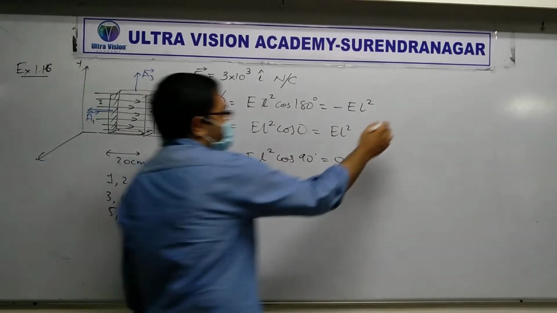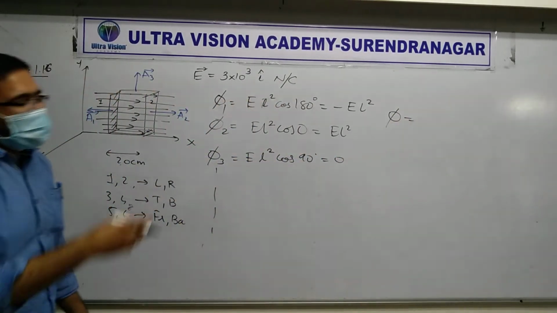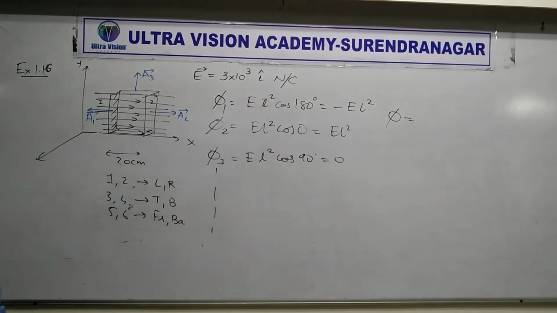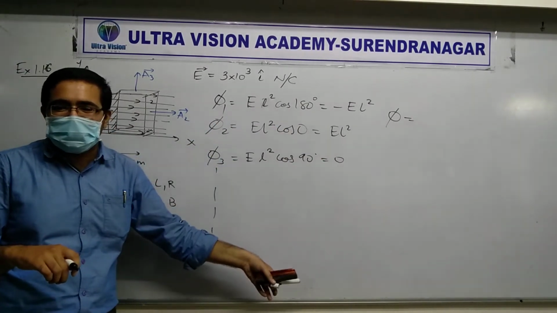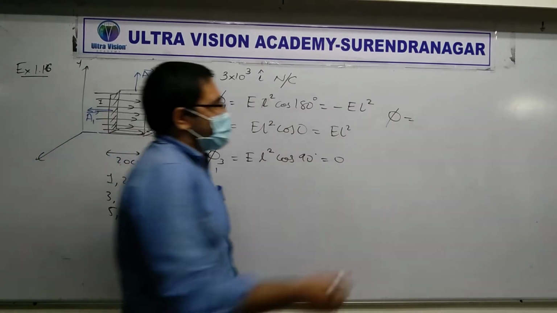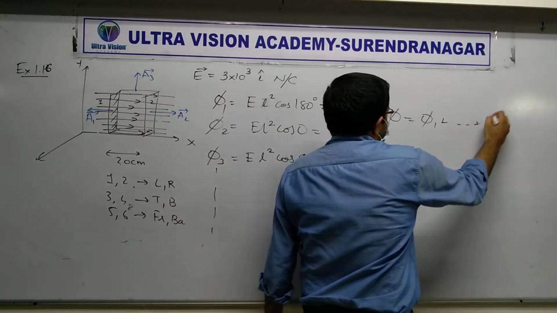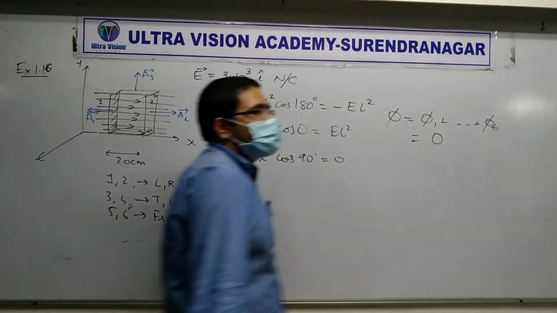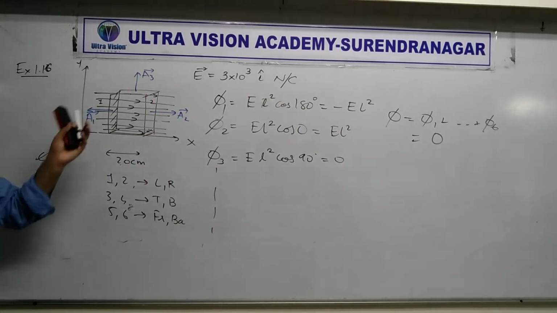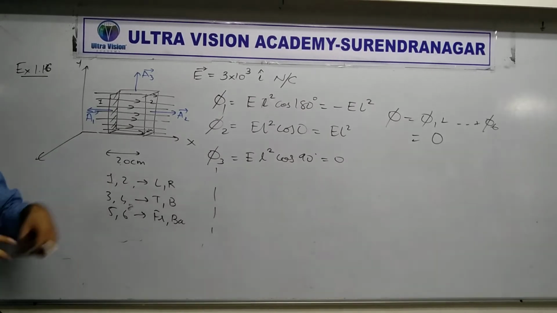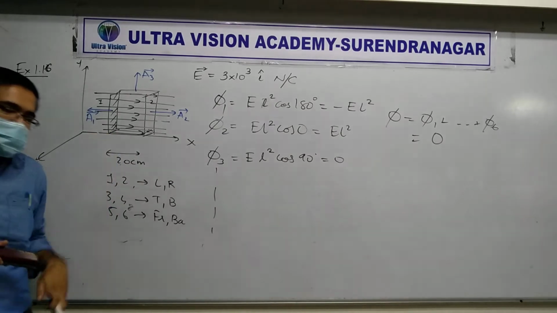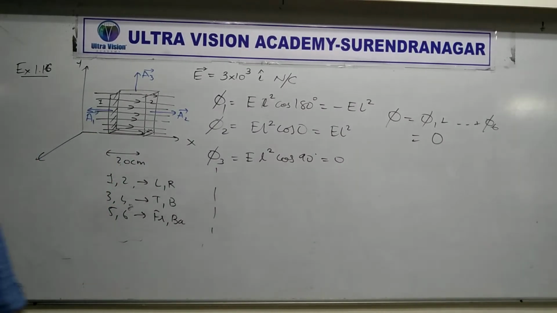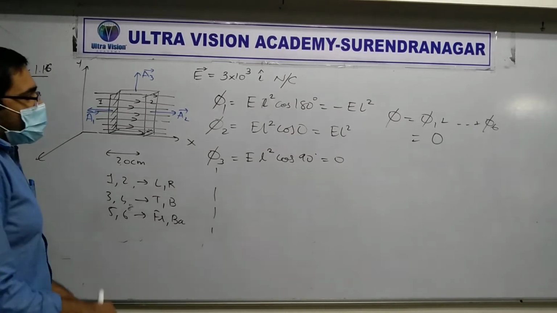Add everything. Phi equal to phi 1 plus phi 2. That will get cancelled, and the rest are 0. You can confirm that on your own. Like this, if you add everything, you get the total flux. Why prove it again? Logically it's true, but I want you to understand that we can do it like this. This technique is useful. Everything clear? Sure? Alright. Fine.